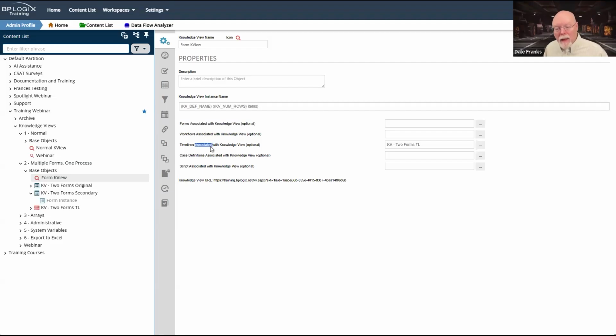Okay, easy fix for that. I just choose timelines associated with knowledge view. Now it's only going to return objects that are associated with this particular timeline. Since there are two forms associated with it, it will return both of my forms.